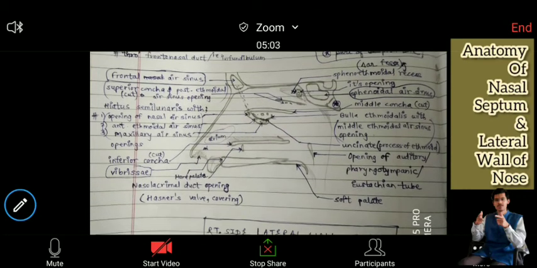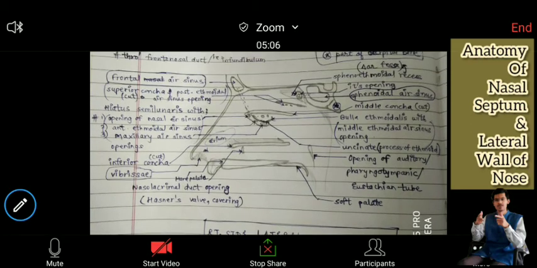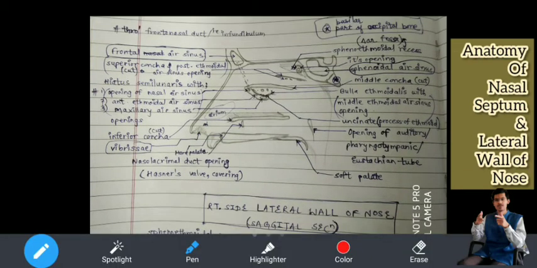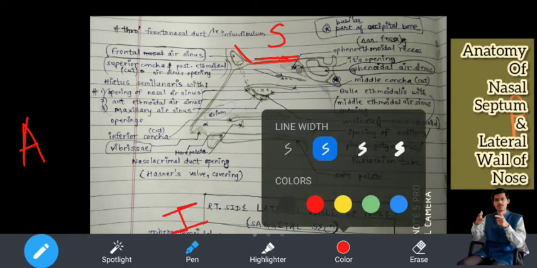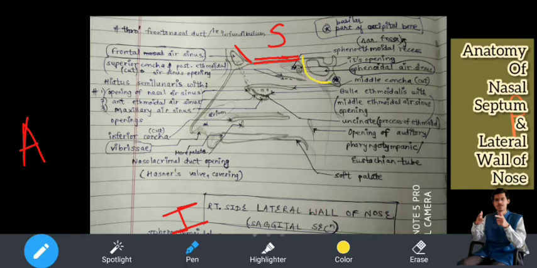This is showing the right side lateral wall. Now you see this diagram. We already got oriented with the skull bone, so no problem with this. This is your anterior, this is your posterior, this is your inferior, this is your superior. Now the frontal air sinus, this is the frontal bone, then this ethmoidal bone I have drawn double. After that I will use another color, yellow color. This is the sphenoidal bone.